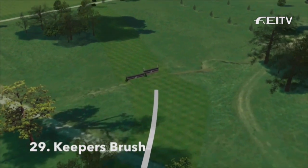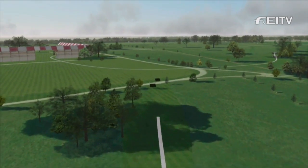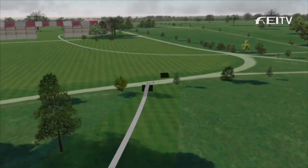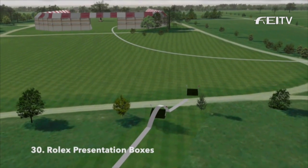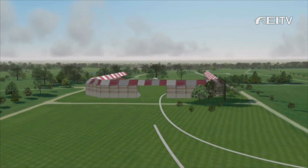Following that comes the Keeper's Brush, a rider frightener, but it should jump well. Crossing the avenue, the last combination is the Rolex watch boxes. Competitors are so very nearly home, it's important to consider the ground around these boxes and ride the wide, square